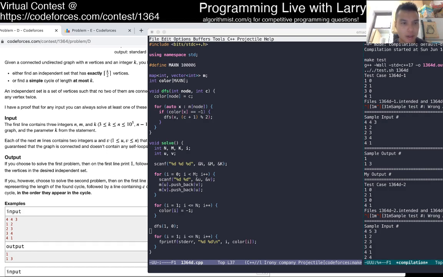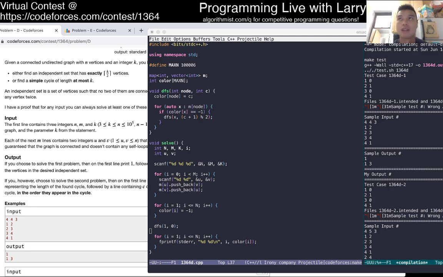So basically, we just greedily try to see if we have an independent set of k over 2 vertices, and if we do, then we're done. And if not, then they're not independent, and it could be any k, because they're either independent for k over 2, or we can just construct a cycle from them using the intermediate nodes. But that part might be a little bit trickier from how I'm constructing it.